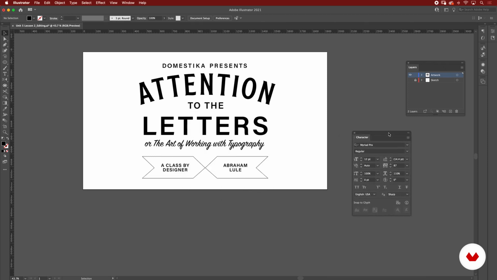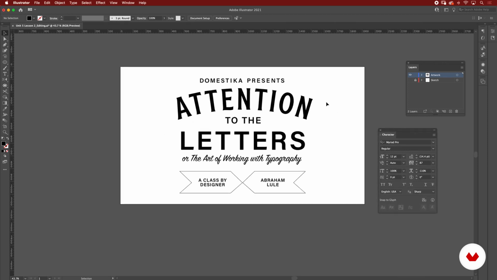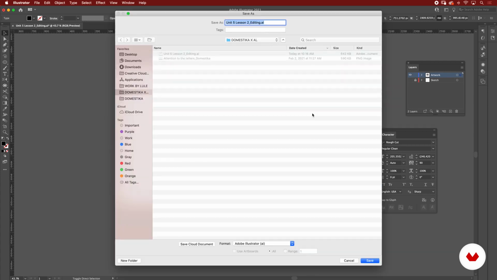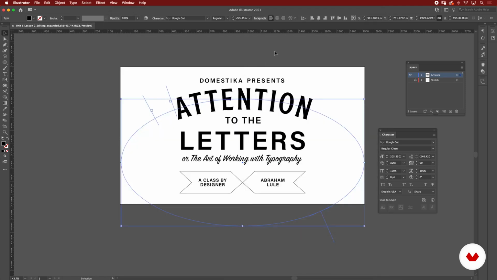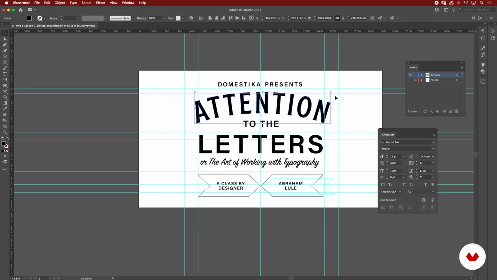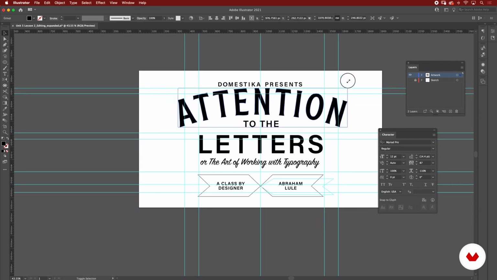The next thing that we're going to do is increasing the point size of this. By the way, I'm going to start using shapes and curves instead of the actual text, so I recommend that you save a copy. I'm going to save it now here, and I want to call this one expanded. Click OK. And I'm going to bring my guides. And what I want to do is Command-Shift-O, so expand that part.